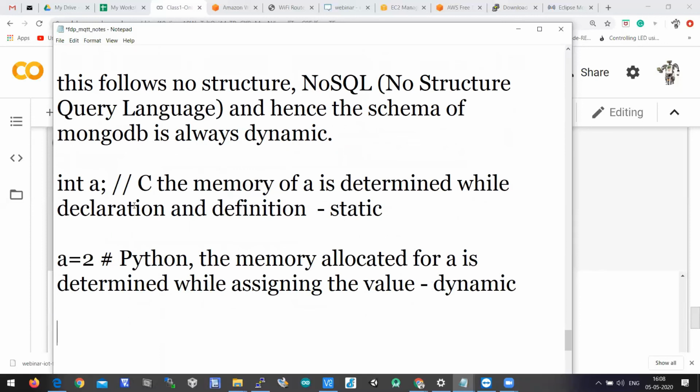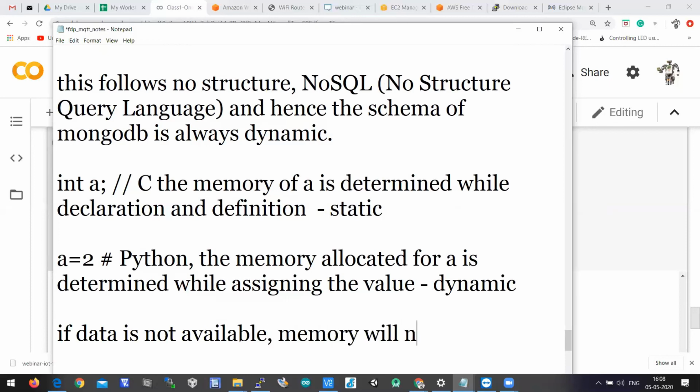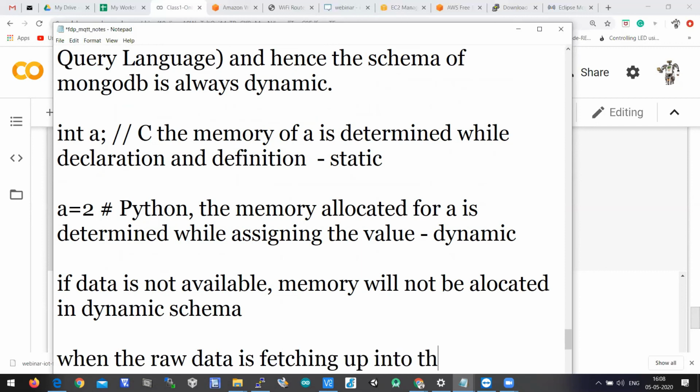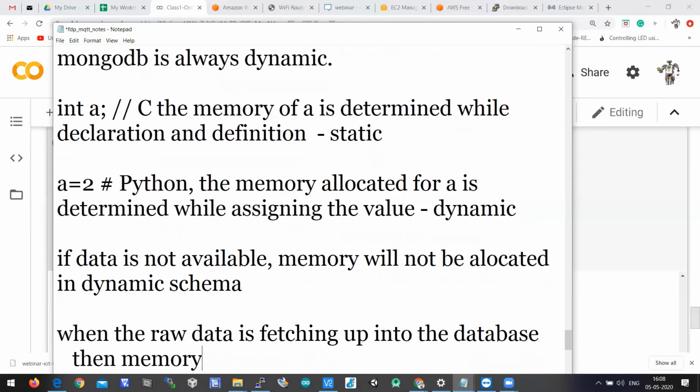In databases also, if data is not available, memory will not be allocated. In a dynamic schema, memory gets allocated when the raw data is incoming, when the raw data is being fetched into the database. Then memory will keep allocating.